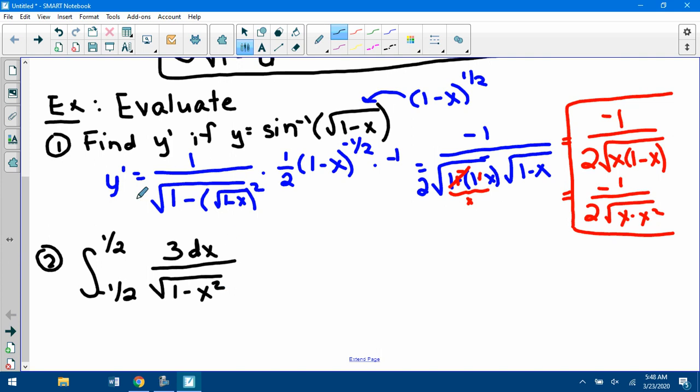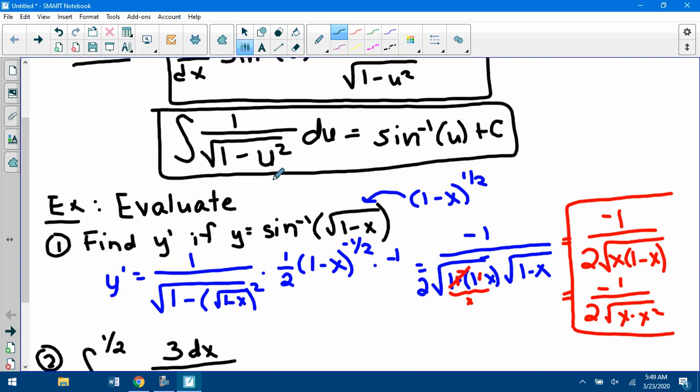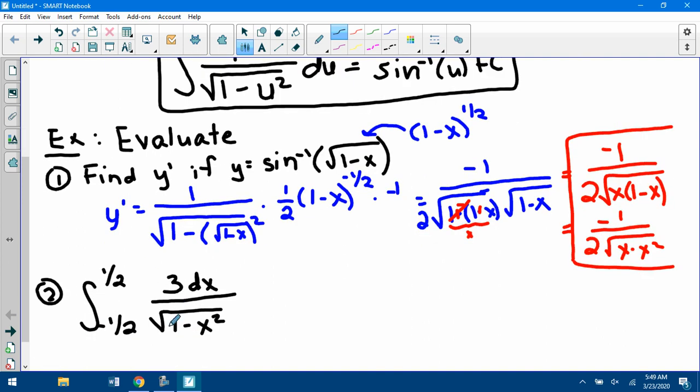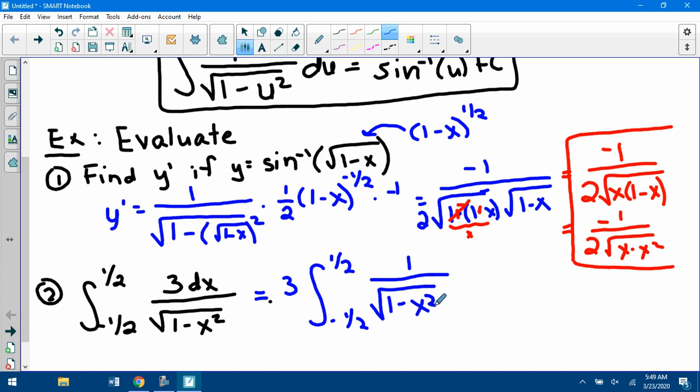Now, if I wanted to, could I make this 2 times the integral from 0 to 1/2 of this? No, be careful. That was a trick we used a lot in the volumes unit. You can do that, but only if the integral of the thing you're taking is symmetric on the y-axis, and I doubt this is. Okay, so what you're supposed to see by this is it's almost exactly the same as that integral. I see a 1 minus something squared. I don't even need u sub. What can I do with that 3? That can come out front, right? So this is going to be 3 times the integral from negative 1/2 to 1/2 of 1 over radical 1 minus x squared dx,